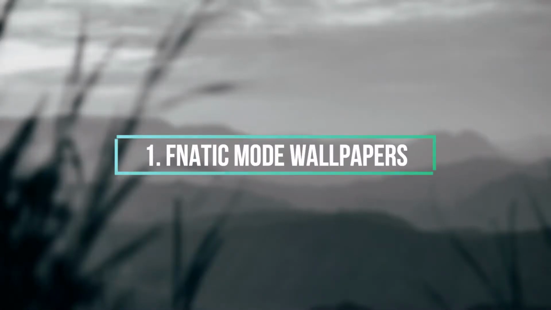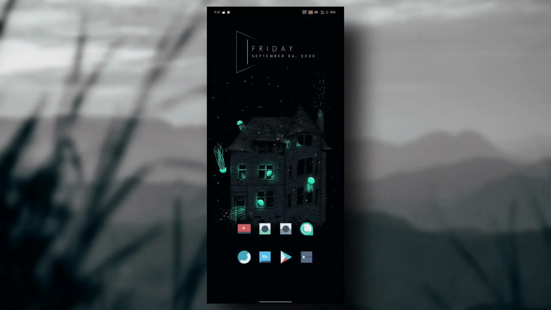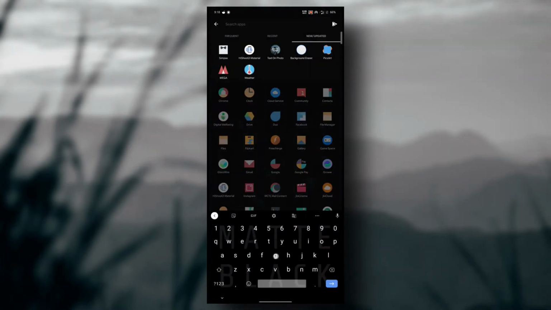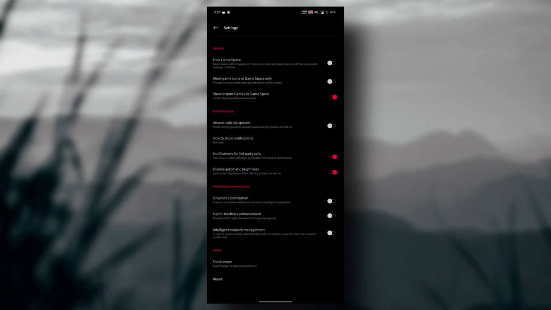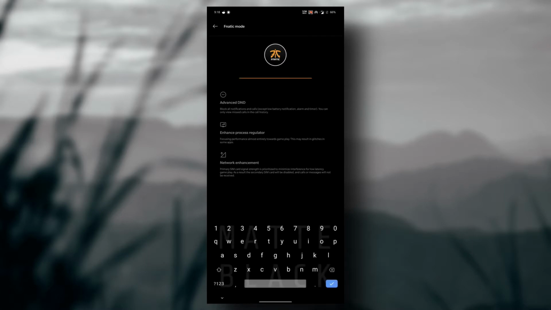First one is phonetic mode wallpapers. To get your phonetic mode wallpapers, you can go to settings and type game space, then open it and go to settings, then tap on phonetic mode, then tap the phonetic logo a few times. After that, write always phonetic, then boom, there goes